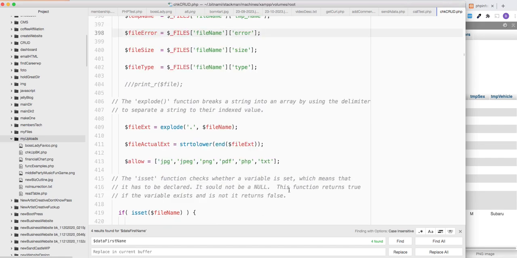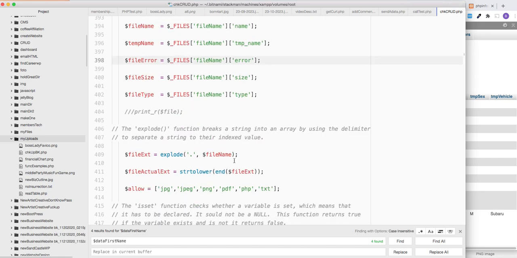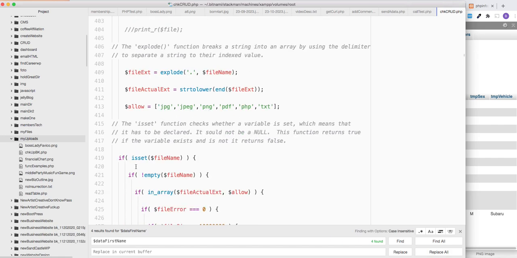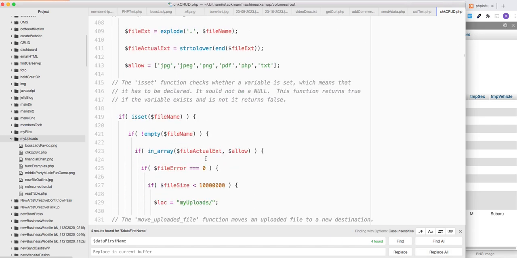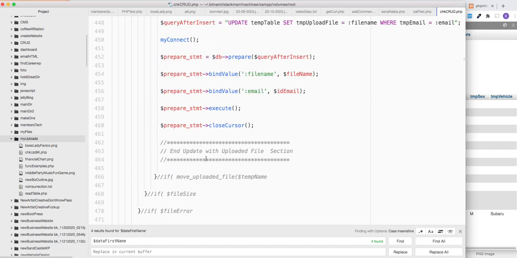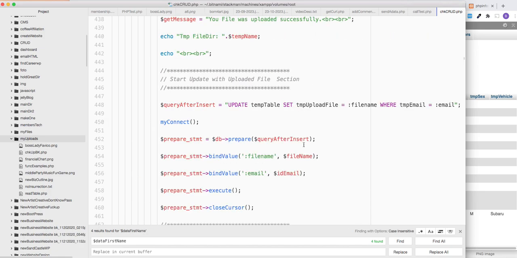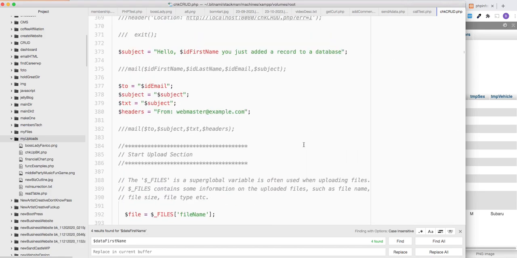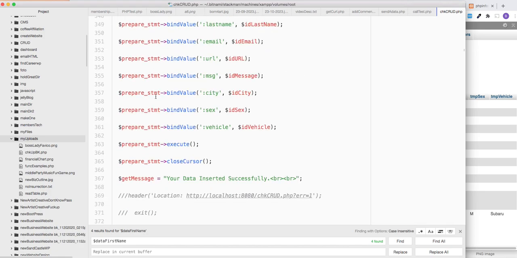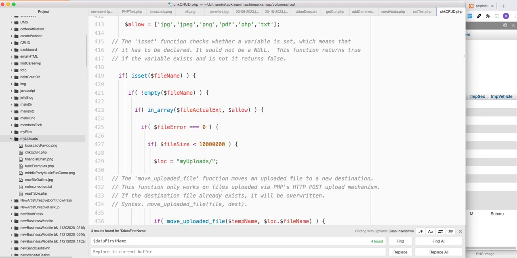Anyway, the point is it goes in here, does all this stuff in case there is something, but it'll go through it anyway. And if it's set, yeah, it is set. You go like this, move something, but if there's nothing there, it just keeps going. Else you have a problem with your extension in case there's a problem. It just skips it if you don't do anything. So if you insert, just do this, that's all it does, and it skips all this, won't do anything unless